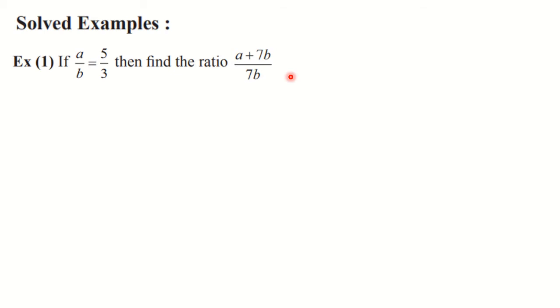But these type of questions we can solve by two different methods. Because you know that A upon B is equal to 5 upon 3. We can write this as 5k upon 3k, because you know that we can multiply and divide the ratio by a non-zero number. Okay, non-zero same number we can multiply or divide both the terms. So that property also we can use. So either you can use that method, or you can use the operations componendo, dividendo, or whatever you want to do, invertendo. So there are two methods.